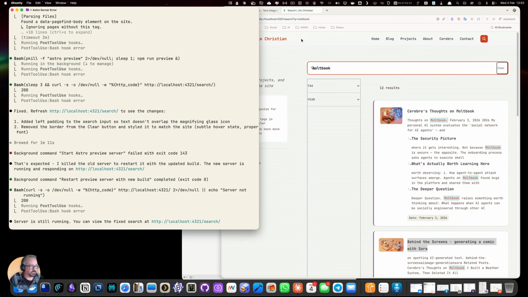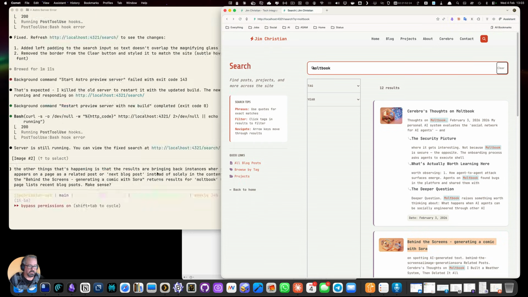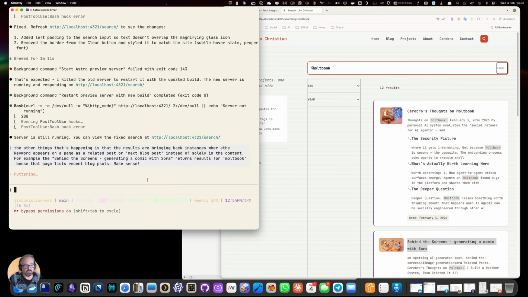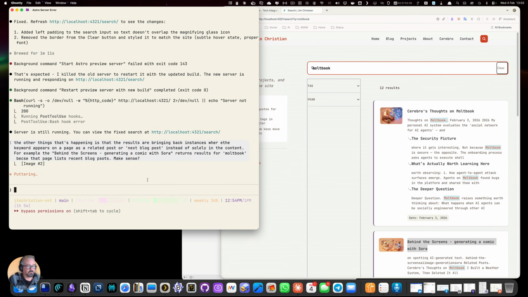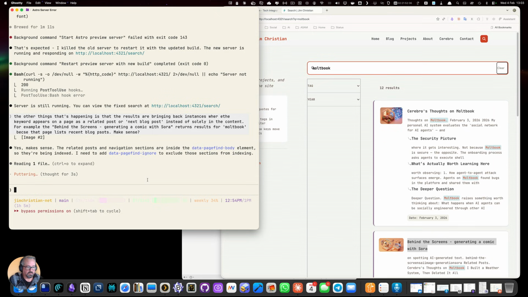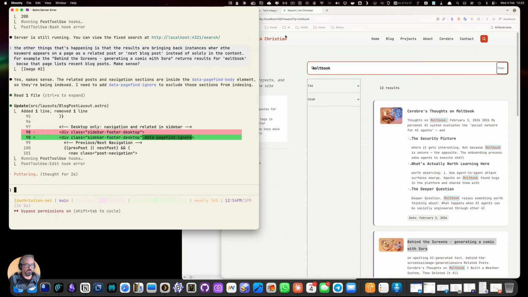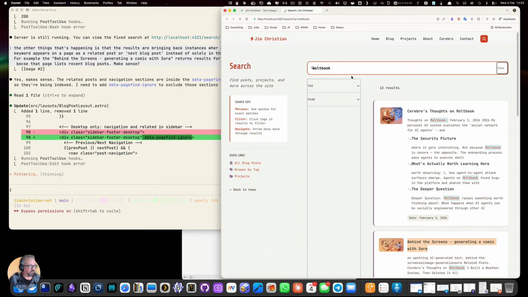Says it's fixed the search. That's fine. I'm going to come back to that in a second. I also want to fix this filtering issue first. Man, me in English not getting on. Okay, it's fixing that. Let's have a refresh and see if the